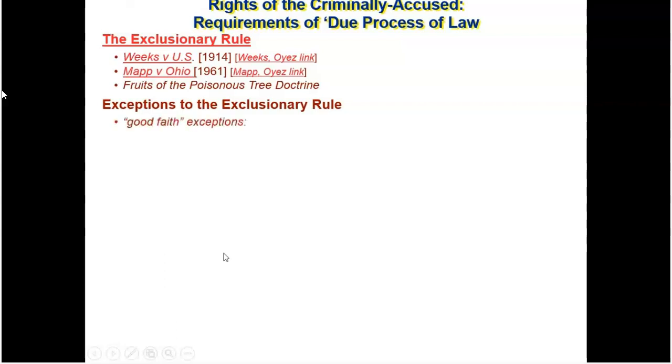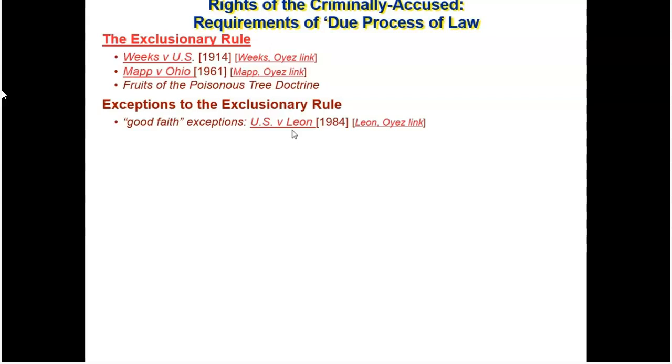So we had started with the good faith exception that was developed by the Supreme Court in 1984 in the U.S. versus Leon case. Remember kind of how I described this to you last time? We go from the 1960s down to the mid-1980s, and it's pretty clear what the overall trend of the decisions of the court is, what the emphasis is. It is to be more protective of the rights of the accused, okay?